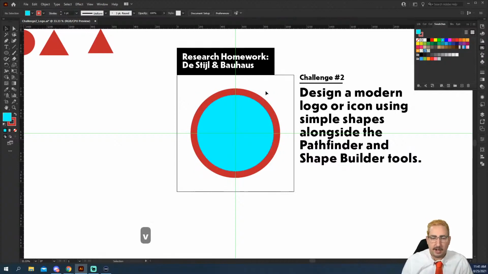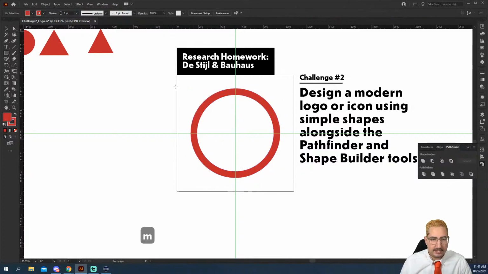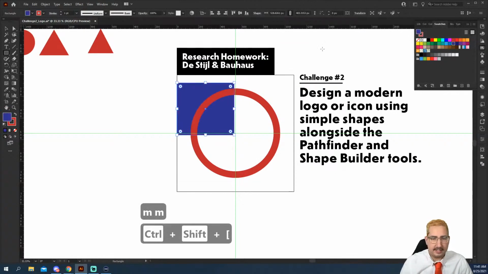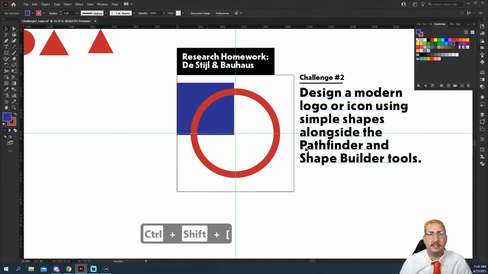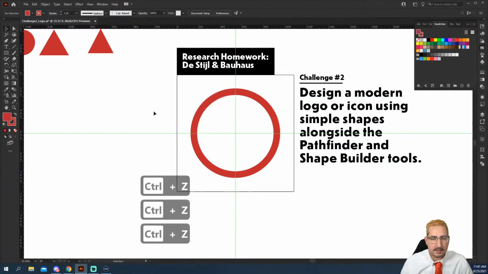And with that, there's a couple things that we can do. We can click on both of these and come to our Pathfinder right over here. If you don't have that, you can go to Window, Pathfinder. But we can click on this right here, Minus Front. What that's going to do is, think of it as a hole punch. It's going to punch out the top object out of the bottom. So we're going to click, and now we have a punch. And you can see if we have a different color behind here, it is indeed punched out so that it is one shape.